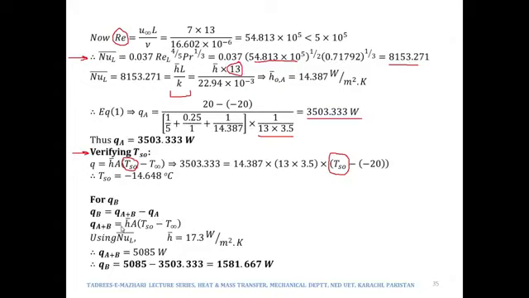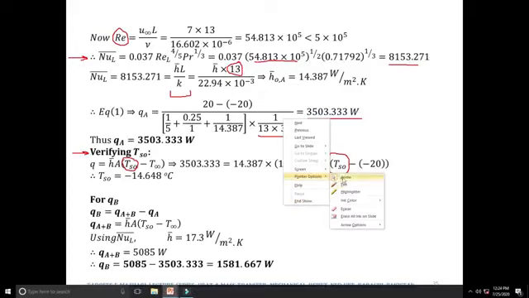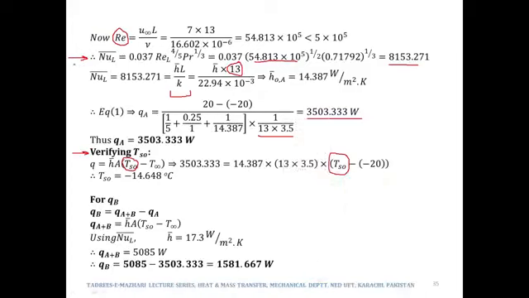So again, in order to find out QA plus B, what we do not know is H bar. So H bar would be evaluated using an expression of Nusselt number. So the expression of Nusselt number would remain the same, 0.037, because the flow is turbulent over the entire surface. So the same expression of Nusselt number would be used to find out the Nusselt number over here. However,